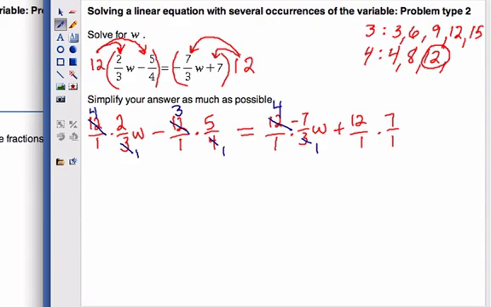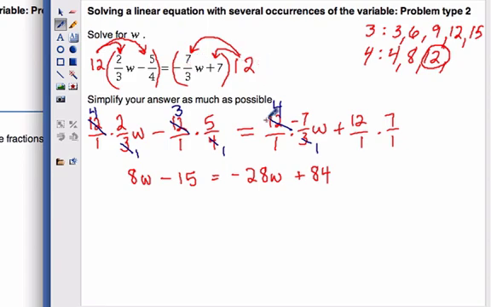So let's go ahead and multiply these together. That's going to give me 4 times 2w, right? Because everything in the denominator is a 1, so I don't really need it anymore. 8w minus 3 times 5 is 15 equals 4 times a negative 7w, so that's a negative 28w, plus 12 times 7, and that's going to give me 84. Now you can see it looks like a much easier equation to solve. It looks a little scary with those fractions in it, but if you remember this rule,